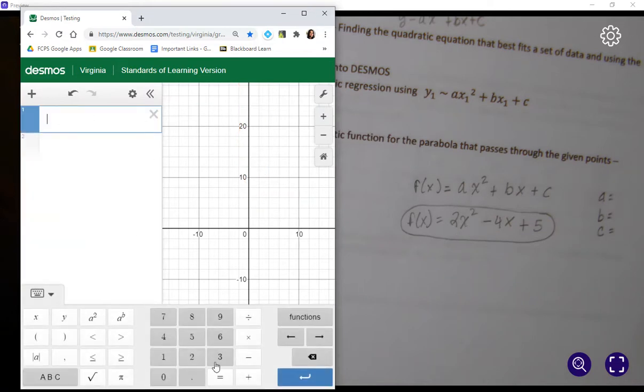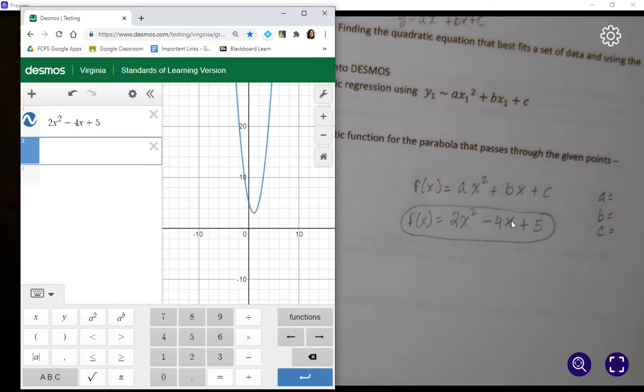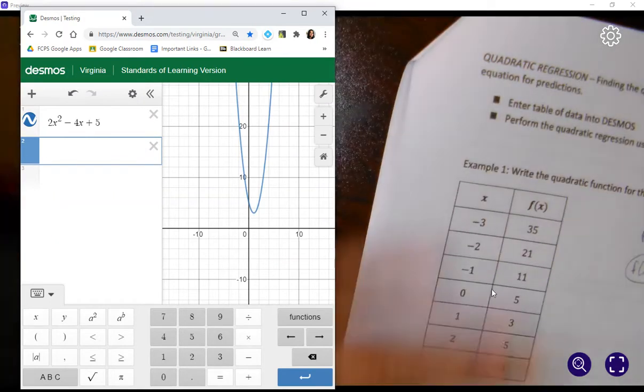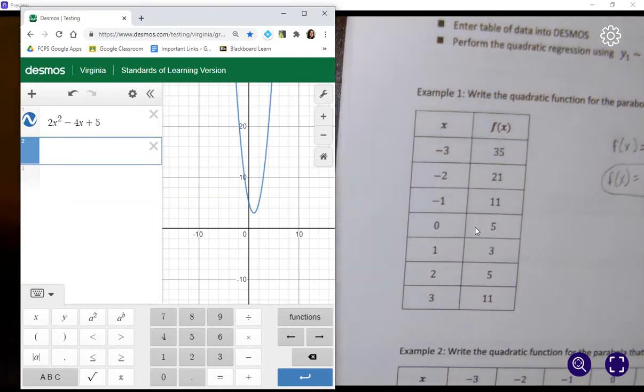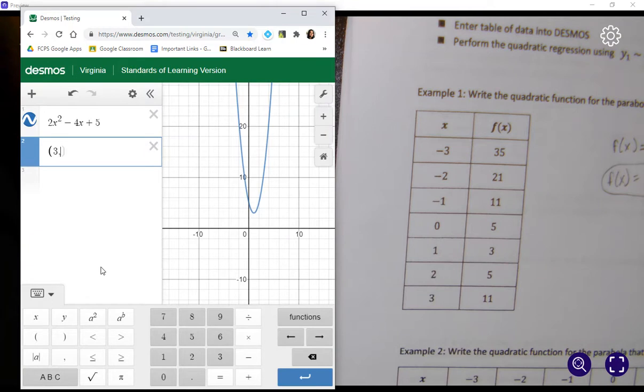Let me go ahead and erase this and just test it. So if I have here 2x squared minus 4x plus 5 is equal to this function. And then you can see if the table matches. And again, most of the time it won't exactly match, but you can kind of see. So does 3 go to 35? So 3 goes to 35. The easiest way to check it is you can plug in that point, so 3, 35,